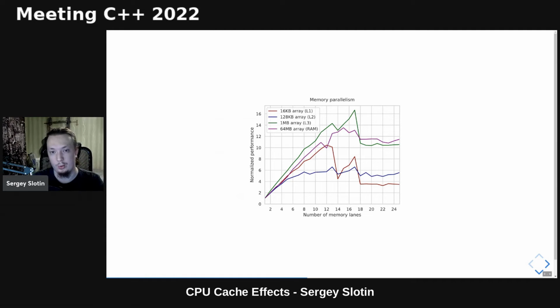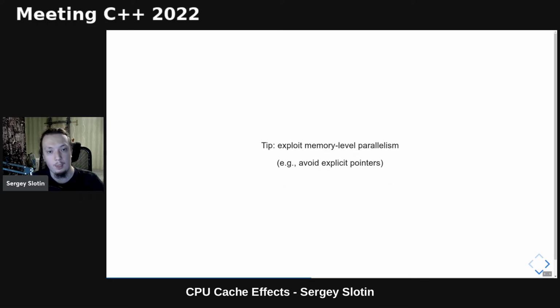We get mostly similar results for all memory types. The performance just scales linearly with the number of parallel memory lanes, but they all max out between 13 and 17, because if you use more iterators than that number, there will have to be a register spill and performance degradation due to that. You don't always get to the maximum possible level of memory parallelism, register spill being one of the reasons why, but in most applications, a dozen concurrent reads is more than enough. The lesson is: make use of memory level parallelism.